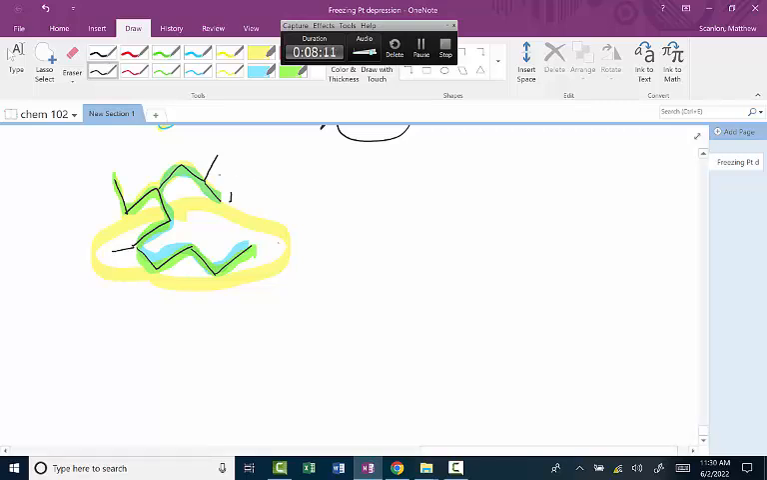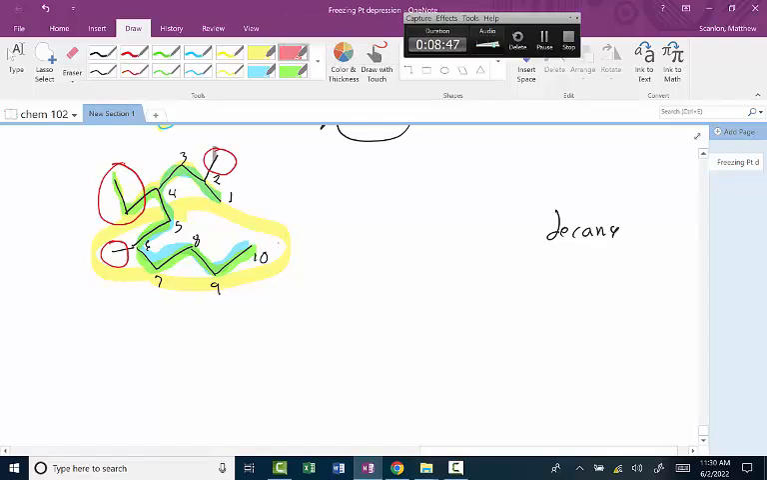The blue one. 1, 2, 3, 4, 5, 6, 7, 8, 9, 10. That's decane. Then I'll circle my groups. It's wise to do this when you're doing this. That's a strange group, okay? And so I would number this. I've got a group here and a group here that are the same. Those are methyl groups. So it would be 2, 6